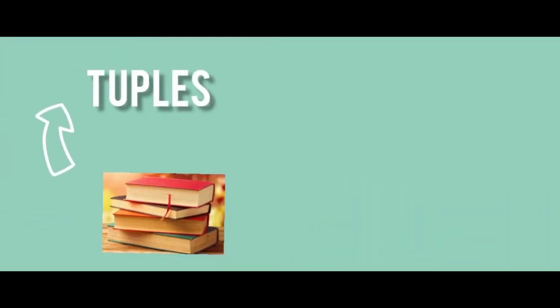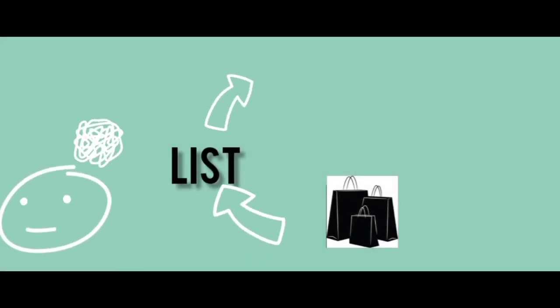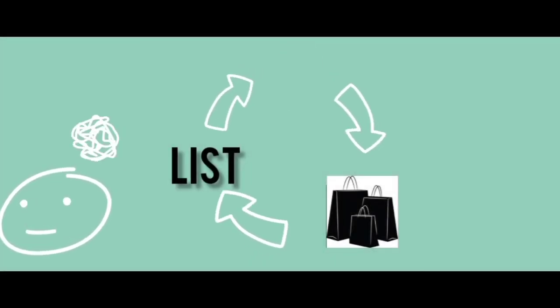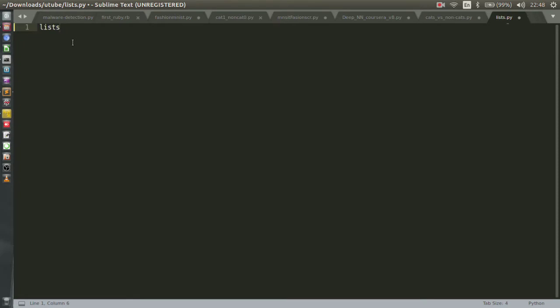Let's say I have multiple books of multiple people. I don't want their names to be merged, so I create a tuple, which is not changeable. If I am going shopping and I have a list, but after some time I change my mind, I append that into the list, which is changeable. So let's say I have a list,